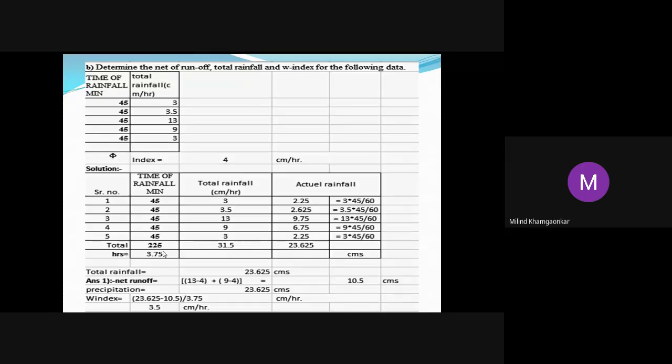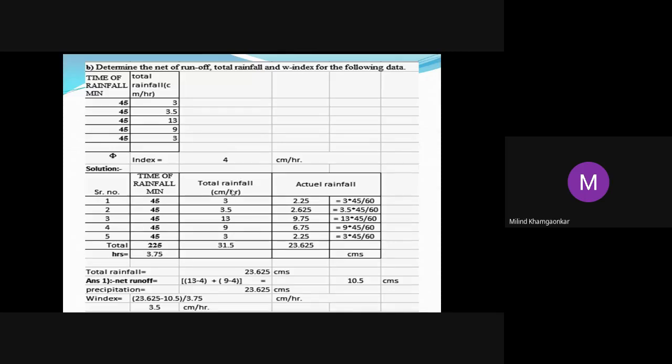Again, I request you to please note down in your notebook how I have calculated here. As we are not on the blackboard, it is not possible to give the details of every calculation. But you should note in your notebook how I have found out this 3.75 hours. I have totaled these minutes. It is 225 minutes divided by 60, which is 3.75 hours.